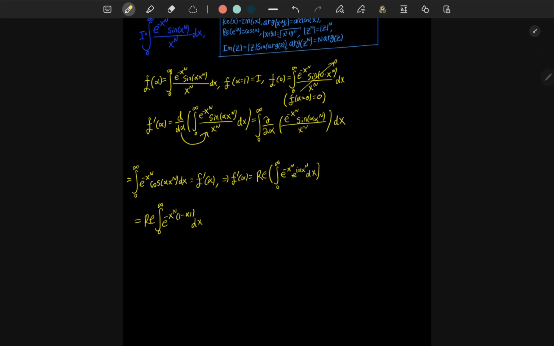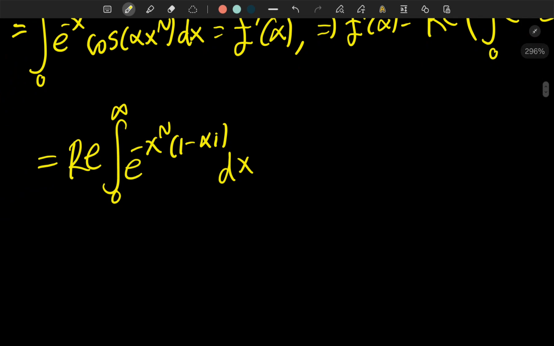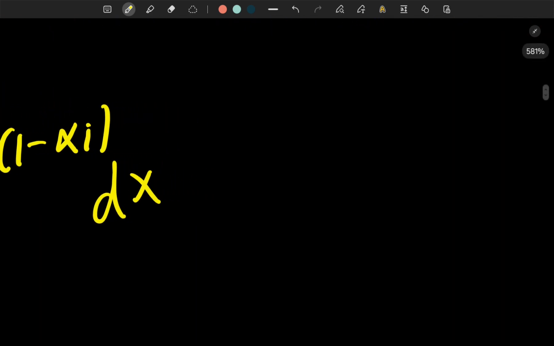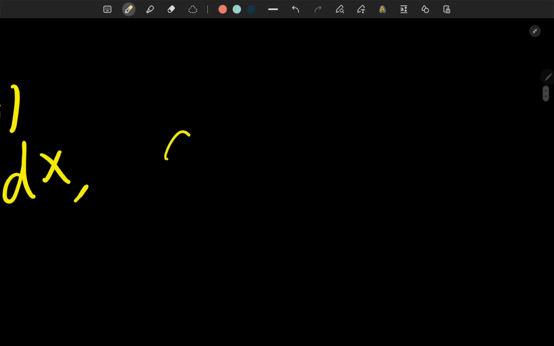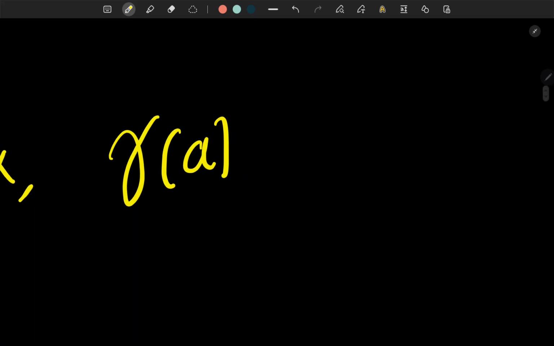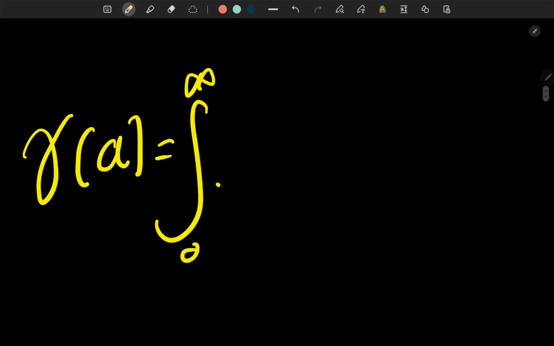But to solve this integral, I would like to define another function. Let's say lowercase gamma of, say, a. Okay, just a parameter. Let this equal the integral from 0 to infinity of e to the negative a